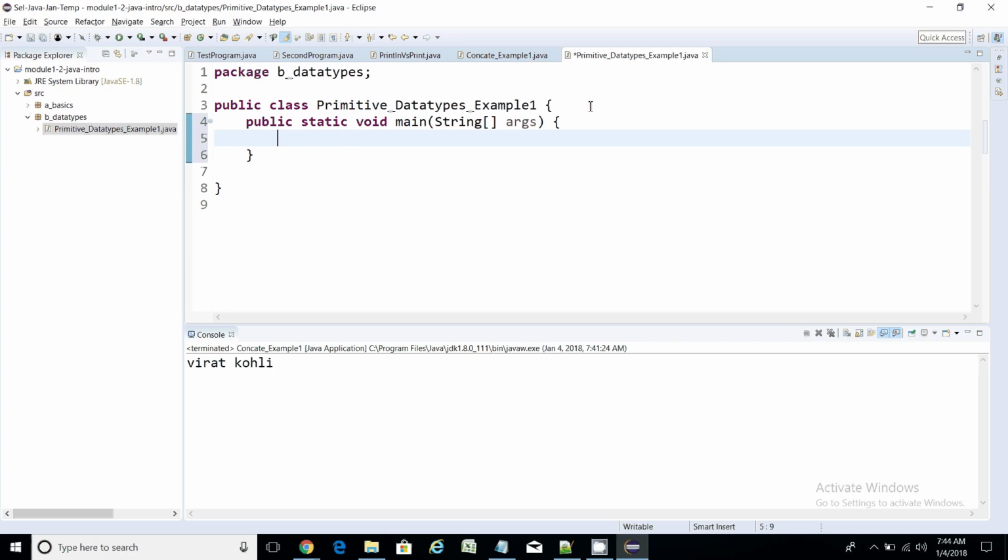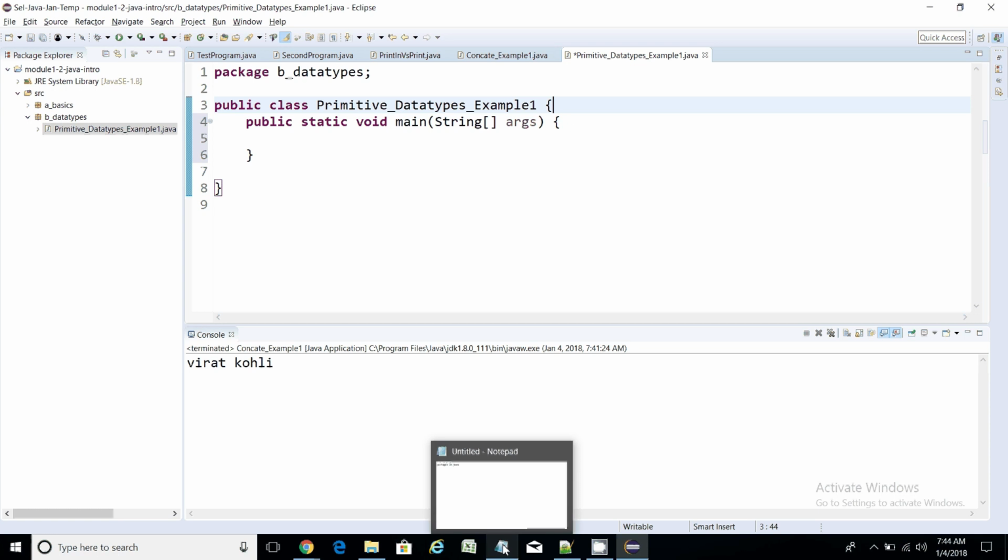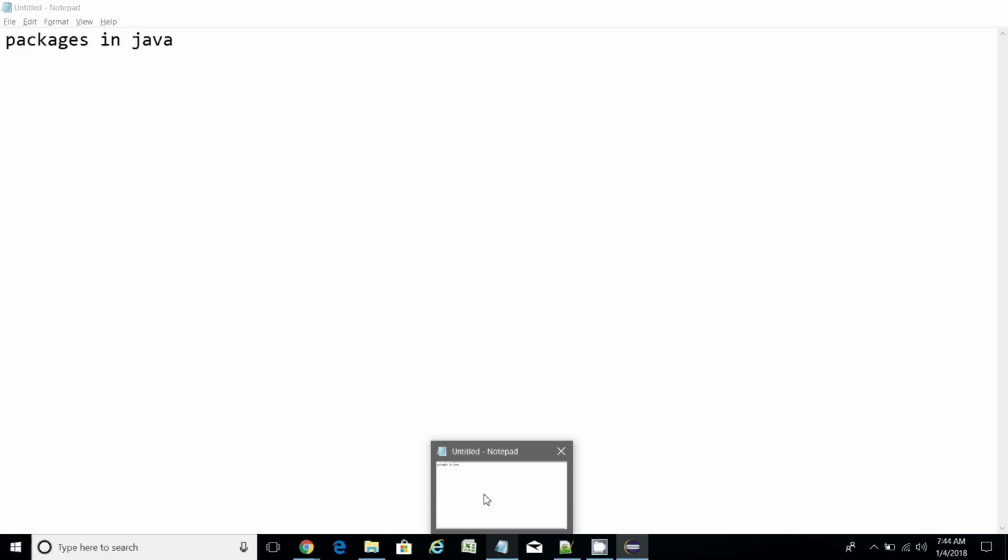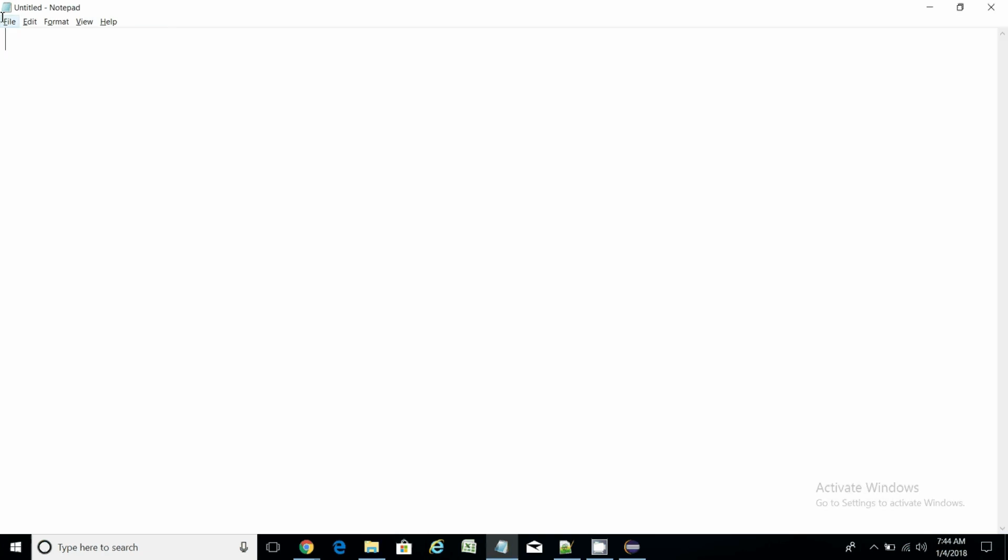So JVM always looks for a main method as an entry point of location in your program, and from this line number 5, it starts executing the program basically, right? Understood? All right, now before we try and understand data types, write down programs in data, let me explain data types first. All right,